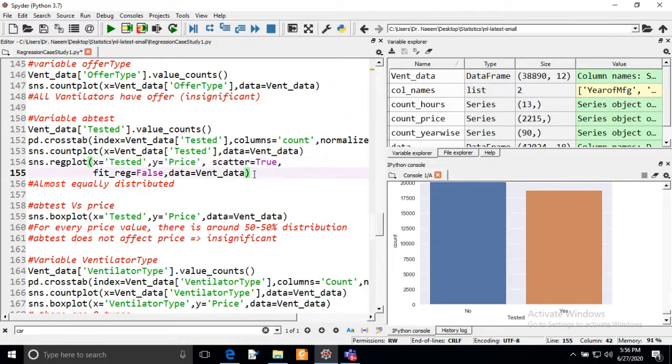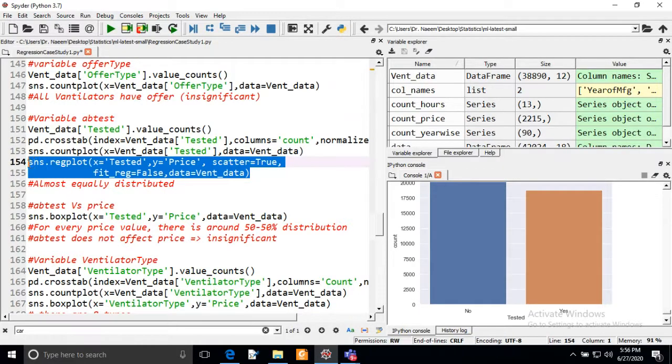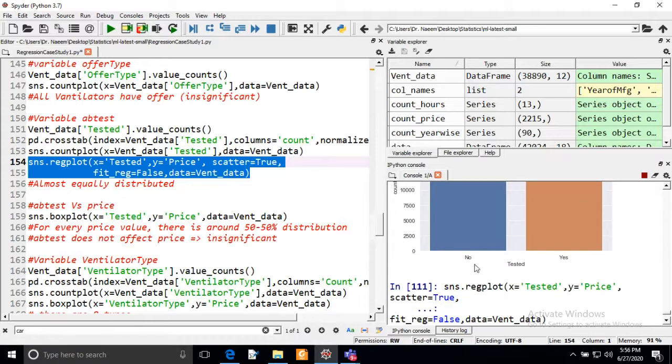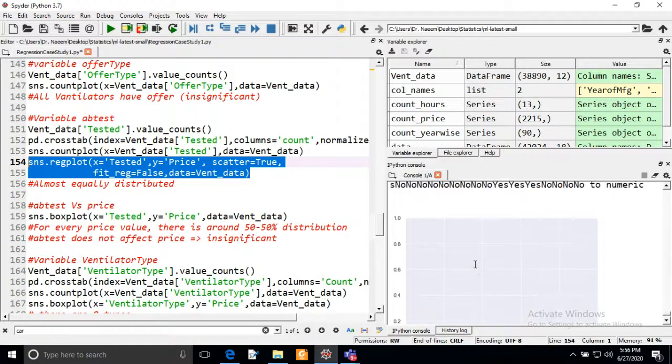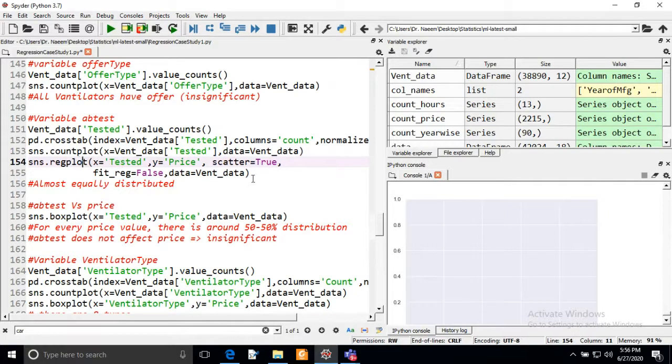Because tested is a categorical variable, no information is showing. That's why it is not showing.